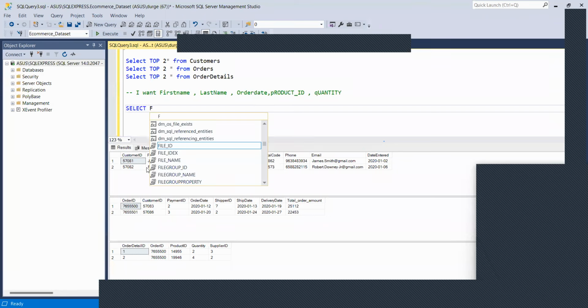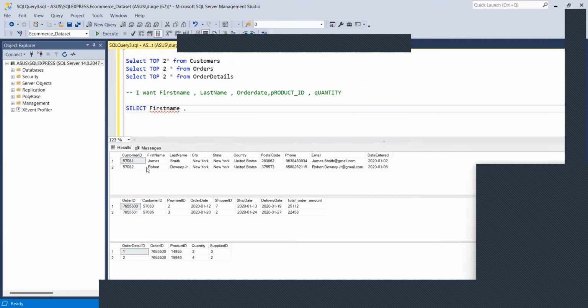Select first name, comma, last name. These two things are from the first table. So I will use select first name and last name from